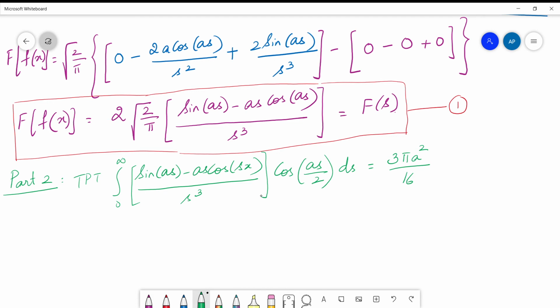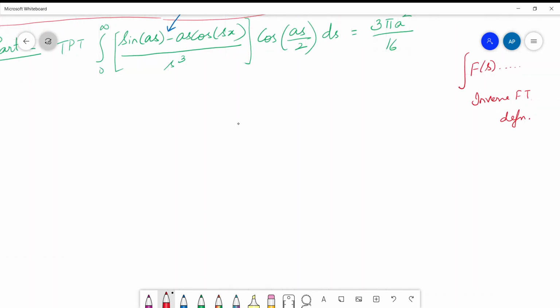If you look at it very carefully, friends, look at f of x. This bracket, don't you see that the same bracket is appearing again in the integrand here? Yes, and as in my previous problem, I told you, when there is an integrand and you have f of s to be a part of the integrand, then please think of the inverse Fourier transform definition. So you have to use the formula of inversion when you see that f of s is occurring as an integrand. But for that, as I told you, we need to discuss again the nature of f of s and f of s cos sx and sin sx. So let's continue with that.